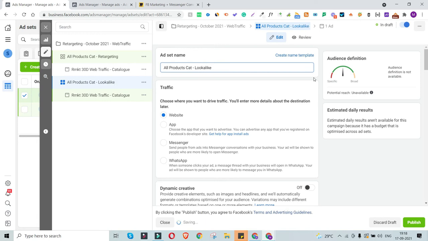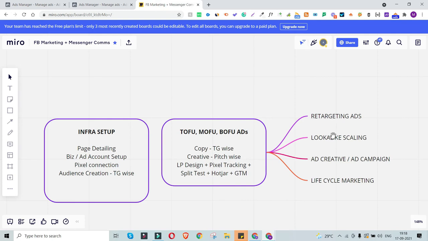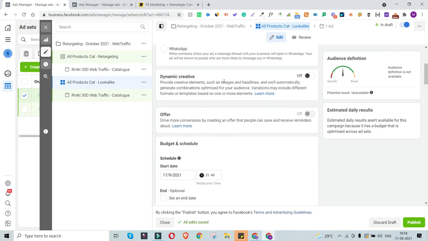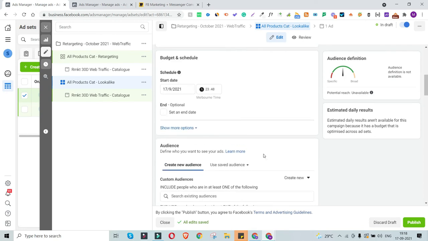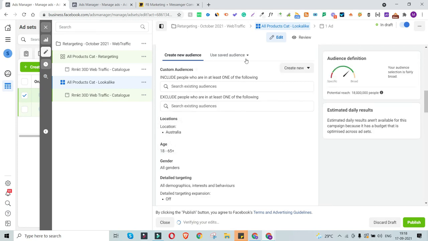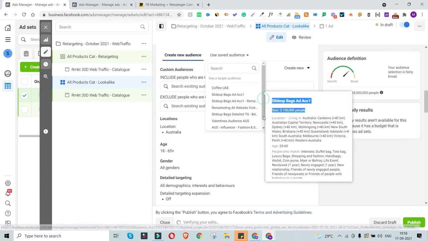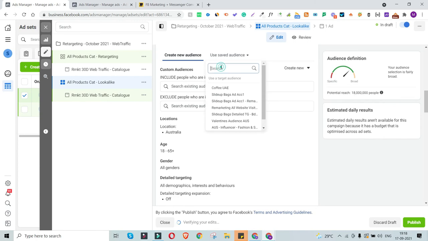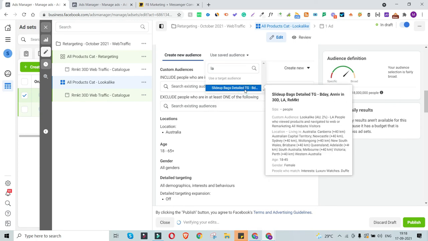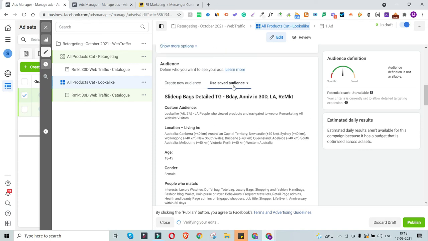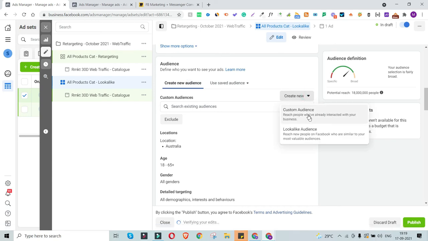So this is where we're going to scale our ads. So we are at this stage right now. Retargeting ads are done. Lookalike audience you're creating, and over here I've named it lookalike audience. Similar setup it will be. I will just set the audience type. Now over here it's last 30 days. I'll remove this and I'll create a new audience, or I'll just see if I have some lookalike audience created. Okay, so yeah, it's the lookalike audience, but I think I shall create a new audience so that it's clear for you guys how to create a lookalike audience.